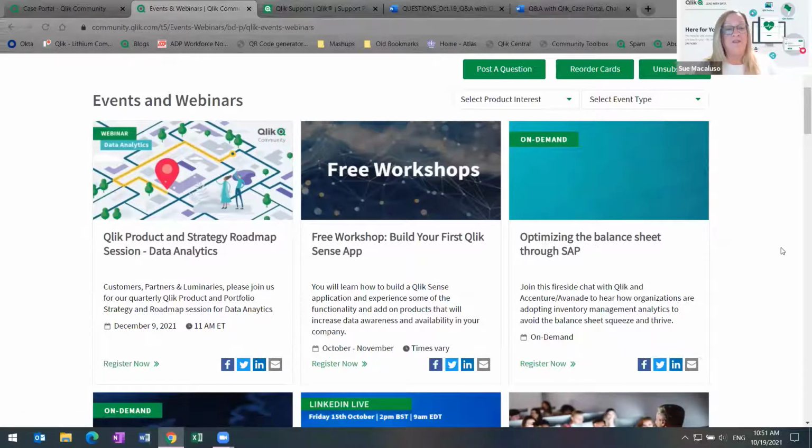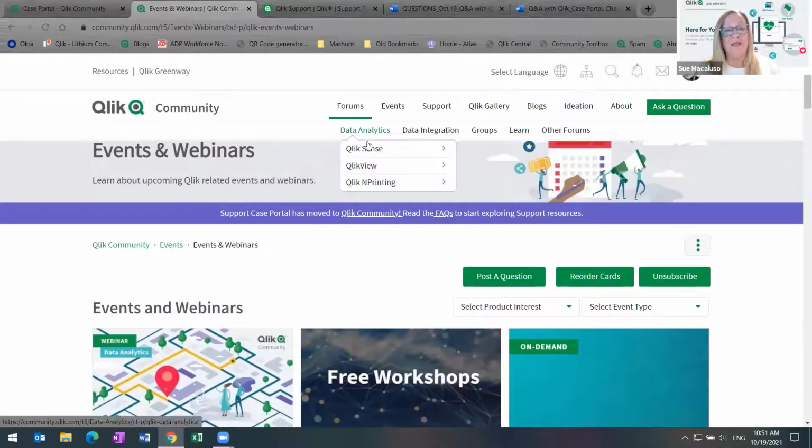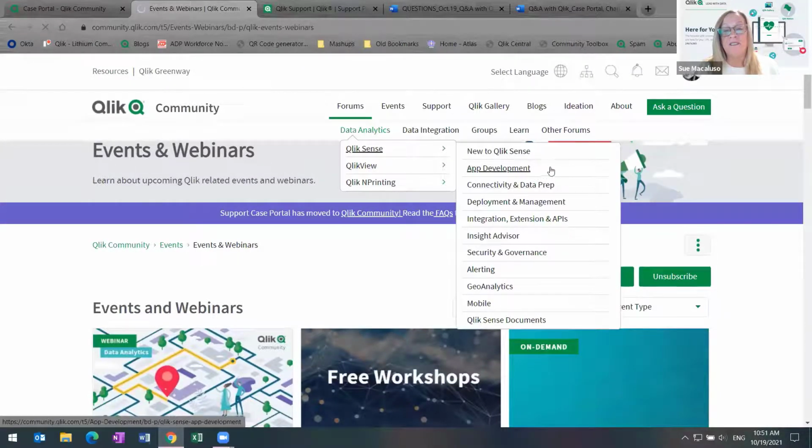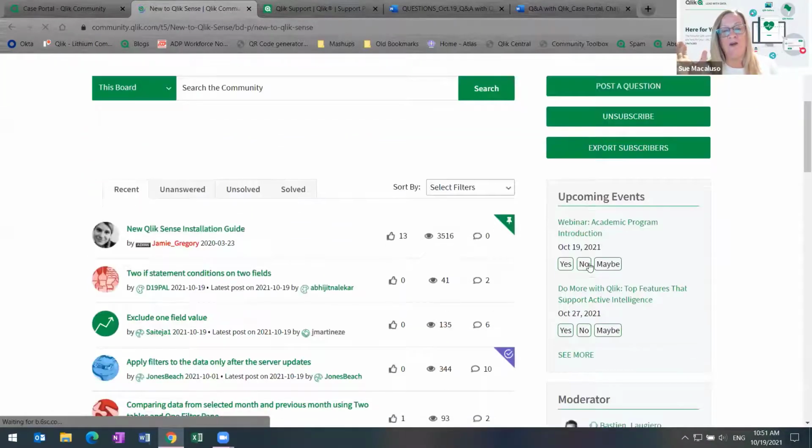The other way that you can register for these events is on the right rail of the product forums and groups right now. You will see upcoming events. These are not for on-demand events, but they are for upcoming events. The roadmap will be going up there today since it's brand new. So you'll see that in all the groups and all the product forums for any upcoming events as well.